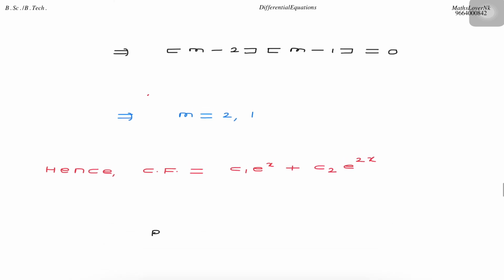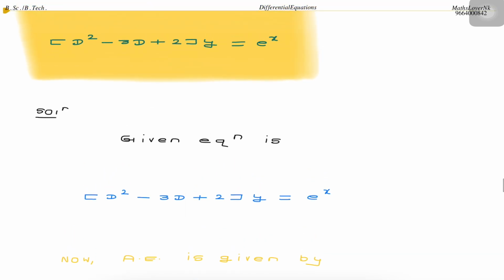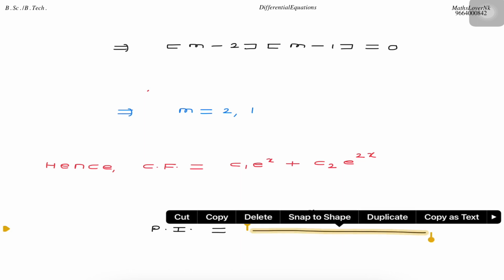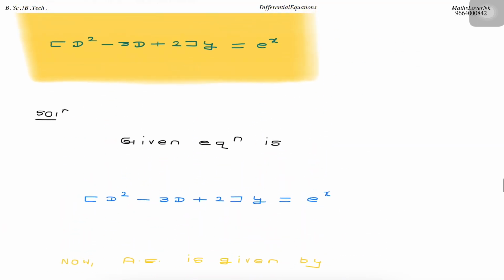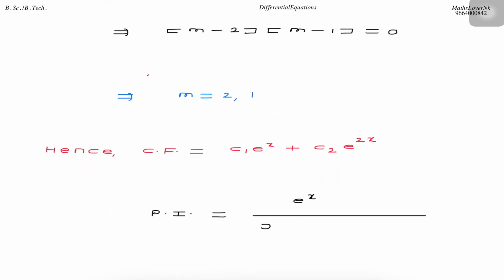Now PI is equal to, for finding the PI, write the RHS part in the numerator, that is e the power x, and the differential operator in the denominator, D square minus 3D plus 2. Now by the identity we know that